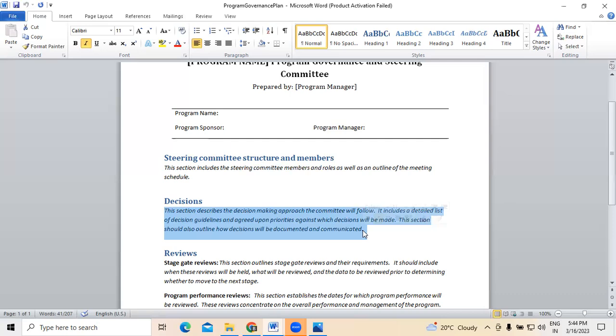After that, the decisions part describes the decision making approach the committee has to follow. At the same time, we need to mention the guidelines they follow here,